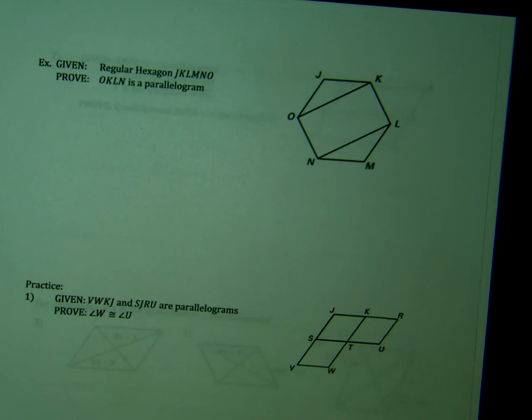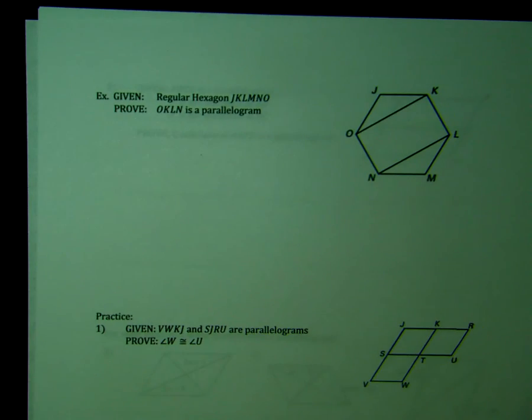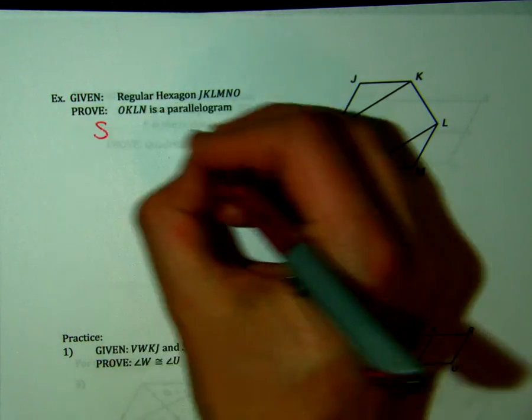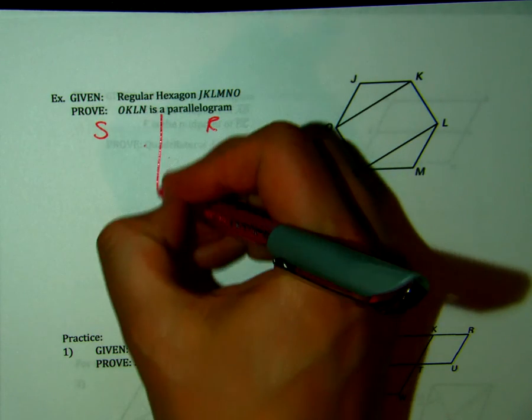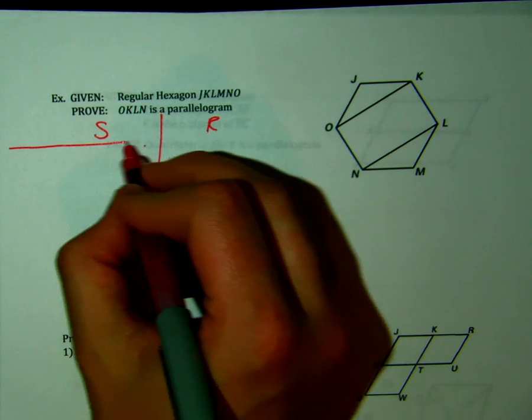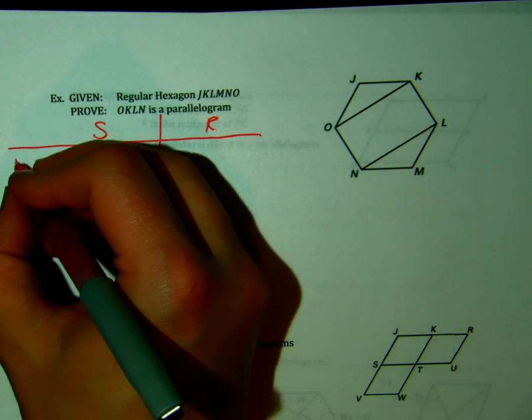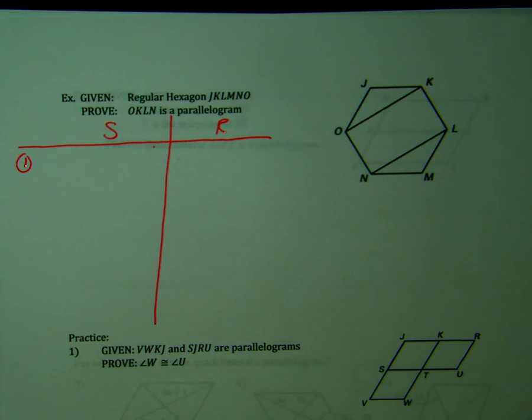All right, so I'll do one proof with you, and then the rest of this will be your assignment for the second half of this week. So we're going to do a full two-column proof for this. I need my statements. I have my reasons. Okay. Given that this is a regular hexagon, our given here, okay, is that